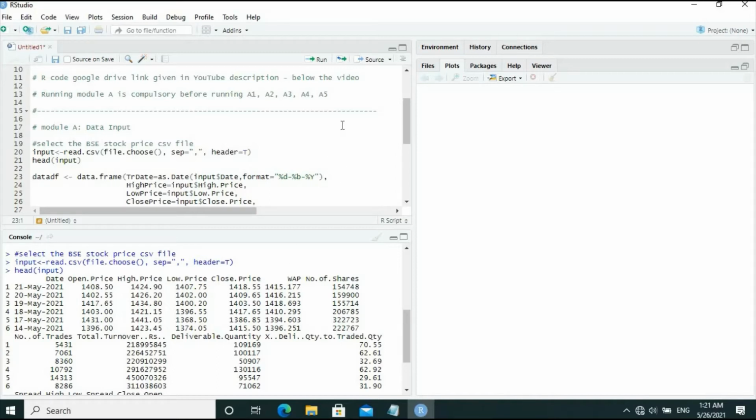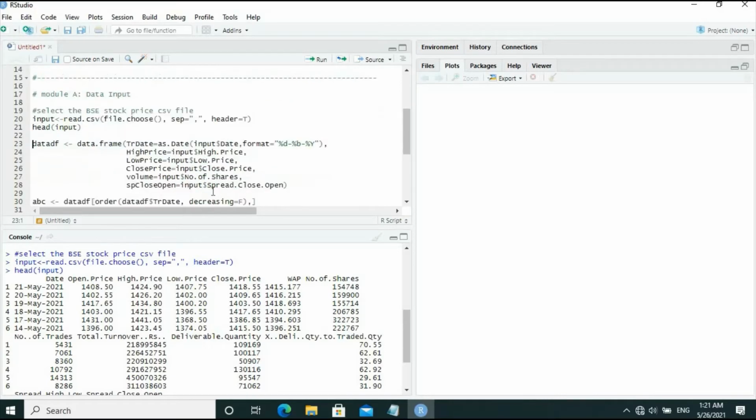Let us now make a data frame and store it in data df, with the format of the trading date being redefined and also making marginal changes in the other variable names.